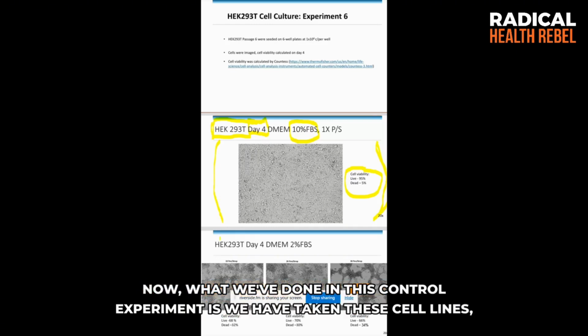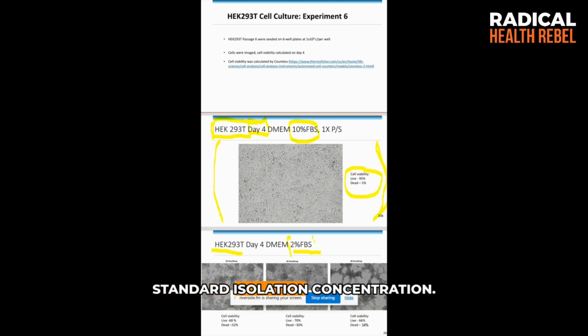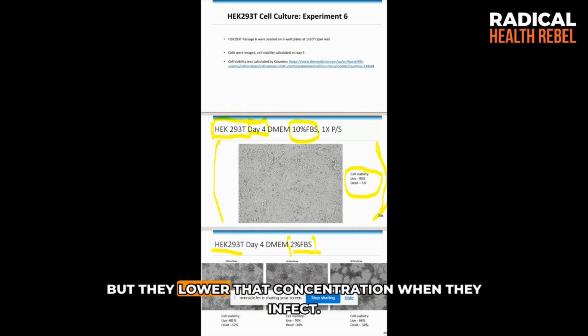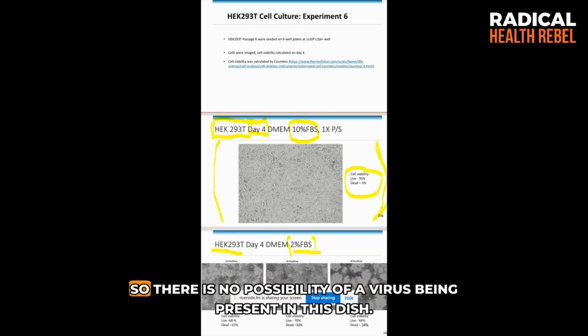Now, what we've done in this control experiment is we have taken these cell lines, we've removed the fetal bovine serum, so that nutrient medium, FBS, down to 2%, which is a standard isolation concentration. It's sometimes 2, it's sometimes 1, but they lower that concentration when they infect. And we haven't put any sample in, so there is no possibility of a virus being